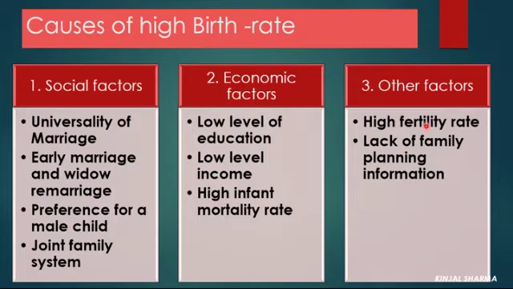In 1961, the average woman in this age group gave birth to 6 children, which decreased to 3 in year 2011. Still, this is considered to be high, and two reasons can be given for this high fertility rate. First one is early marriage. So early marriage leads to a longer fertility period. And second one is the proportion of unmarried women in the total number of women in the fertile age group is very low. Second comes lack of family planning information.